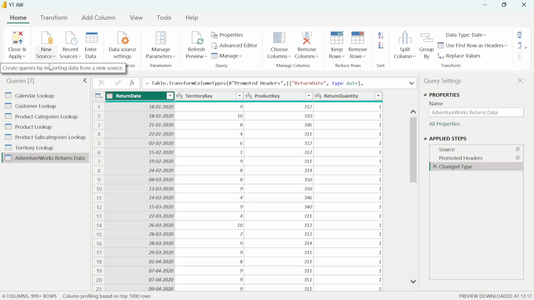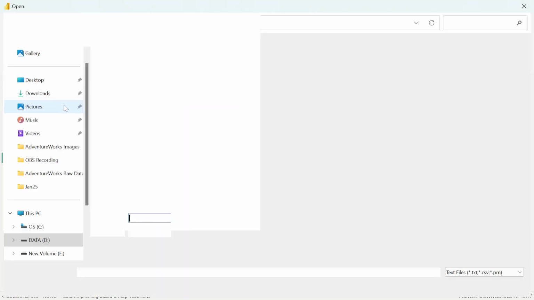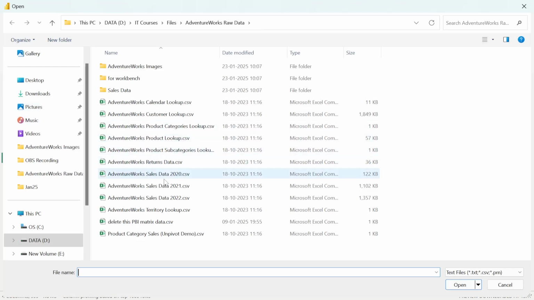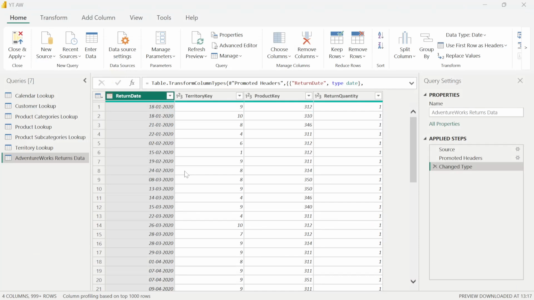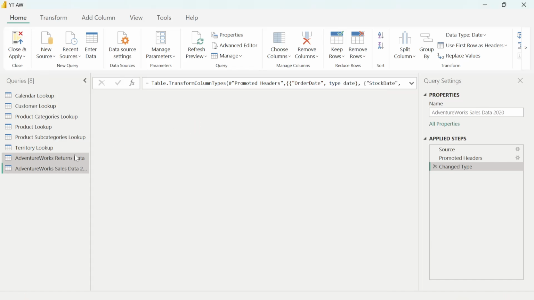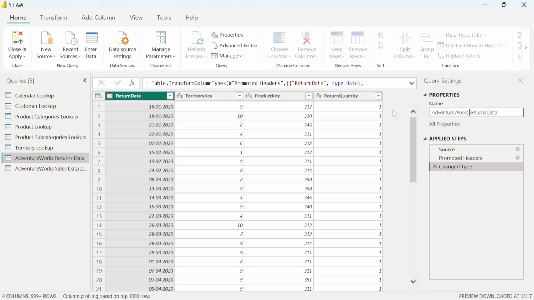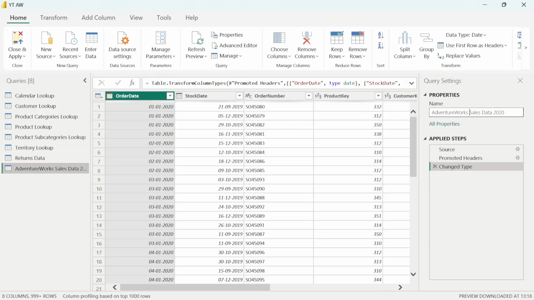Let's get some sales data also. In sales data, we are left with these three tables: 2020, 2021, and 2022 sales data. Get these tables. Click OK. We rename the first table to returns data, and then sales data